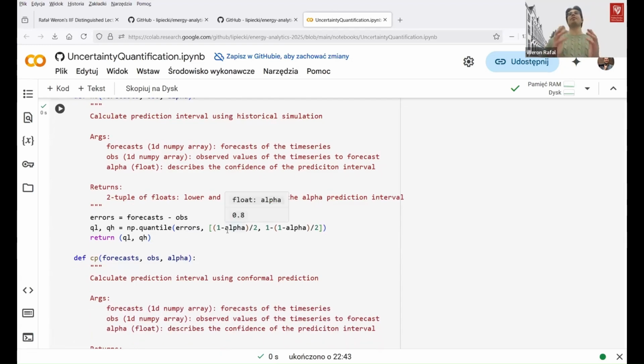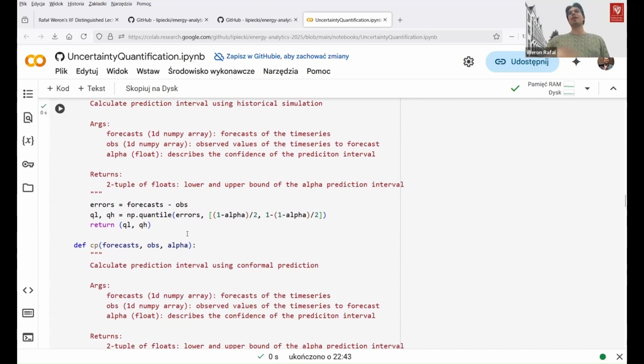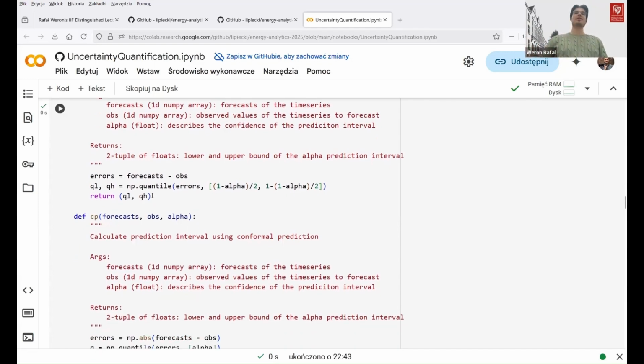So for example, if our alpha is 90%, the first one will be the 5th percentile, 5% quantile, and the higher one will be the 95th percentile. So that between them we have 90% of the values, and we will return the lower and higher quantile,